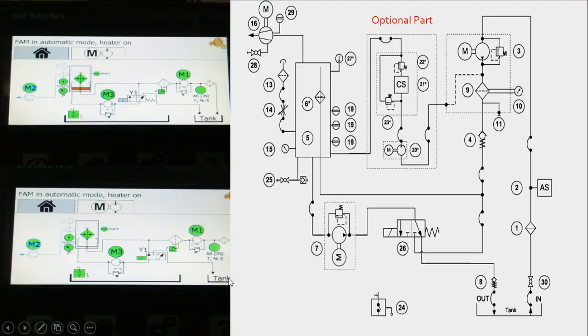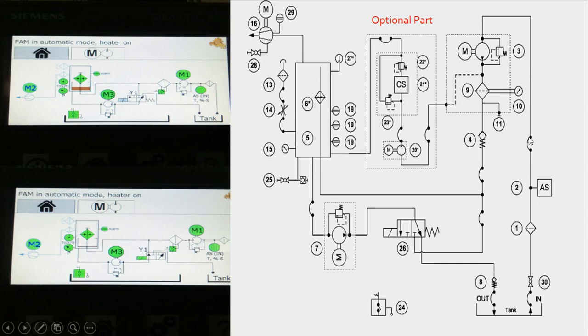Here is the line diagram, so let's have a look. This is the inlet of the oil purifier, this is a ball valve. At the start we have a strainer to pre-filter the oil. Then we have an aqua sensor. The aqua sensor helps us to monitor our oil condition, temperature and moisture content in our oil.